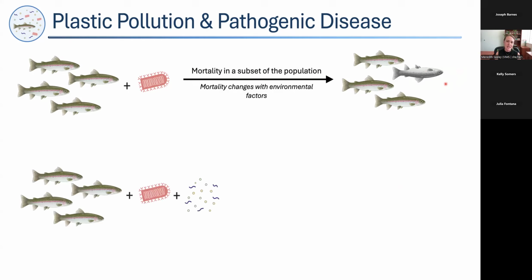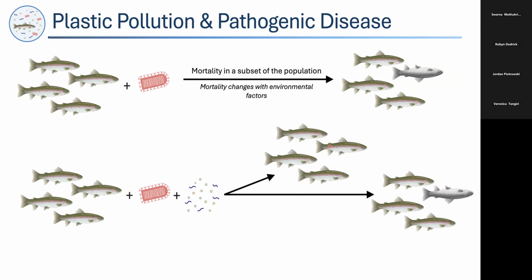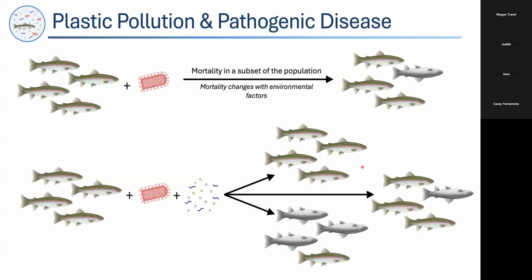And I think it's fair to say that we know that plastics are now an environmental factor, both in wild fisheries, but certainly in aquaculture settings where a lot of the gear that these fish are living in is made of plastic. So we ask a simple question: when we have this type of co-exposure, does the overall outcome stay the same? Do plastics somehow decrease the population mortality, or do we have an increase in disease severity as a result of microplastics in this system?